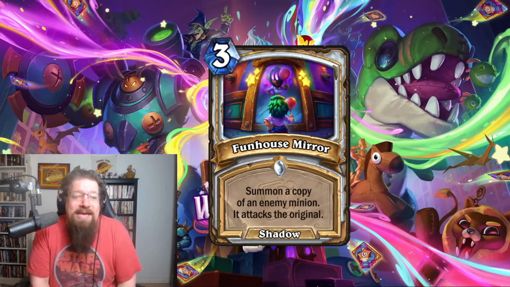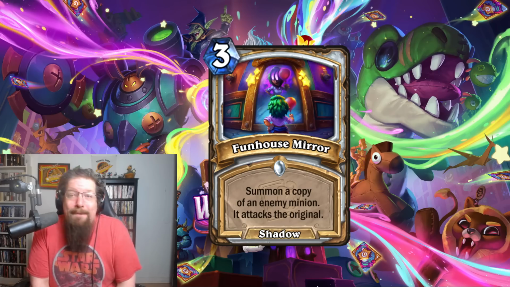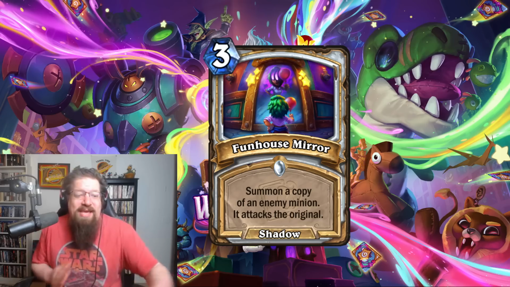Next we have the Fun House Mirror, a 3 mana shadow spell where you summon a copy of an enemy minion. It attacks the original. So it's a really kind of cool card. Actually, I think the flavor on it's really cool. It's a way of effectively destroying another minion. Maybe you copy its death rattle. Maybe you get like a value, like it's a 4/5 Yeti off, and you hit your, oh wait, Yeti's not